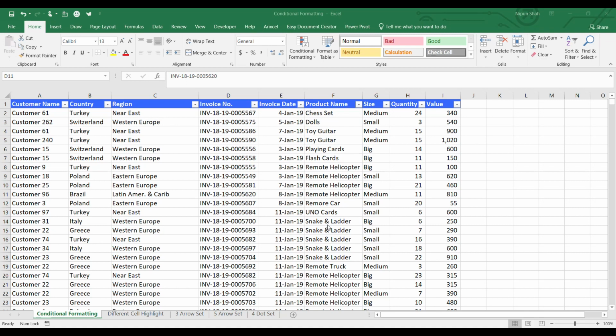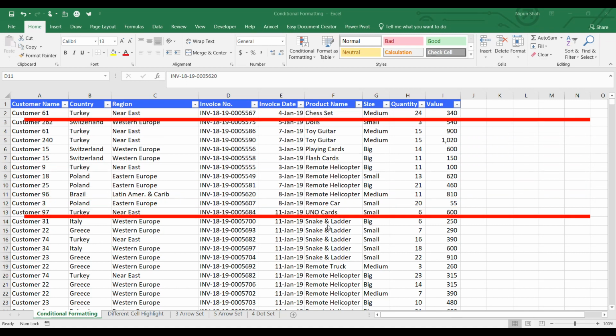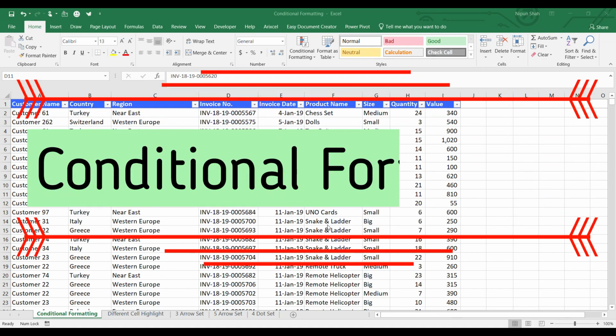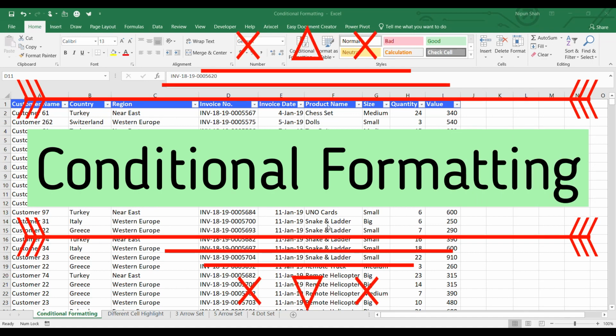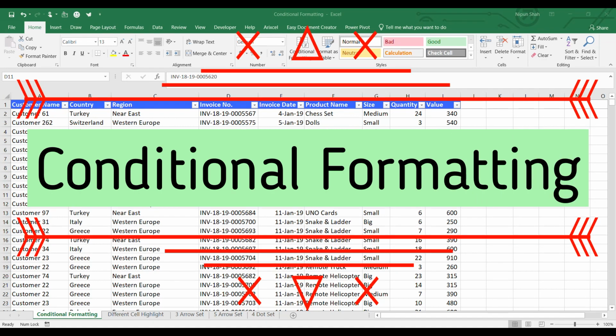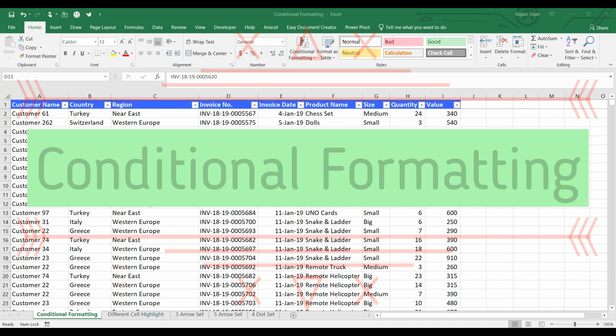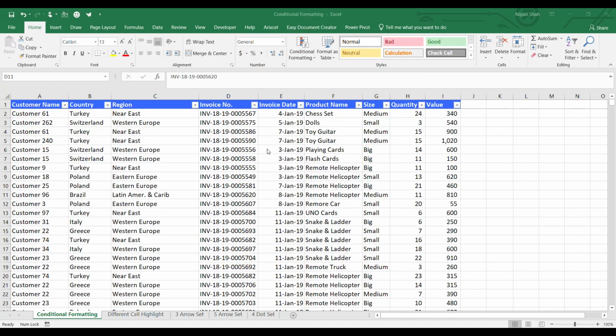Today in this episode, I will explain each and every detail relating to conditional formatting, including all the hidden tips and tricks. Conditional formatting is a tool which formats the cells based on the defined condition. If the defined condition is met, then the conditional format will be applied to the cells, otherwise not. Conditional formatting is dynamic. As soon as there is a change in the base data, the format will update automatically based on the defined condition.